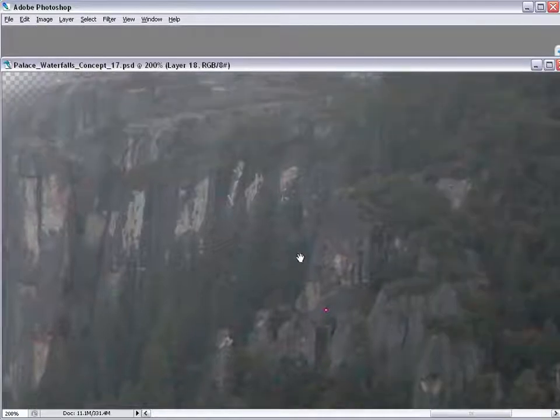And because we are working at 2K and we're reducing it down to 1K for our final goal, these little brush